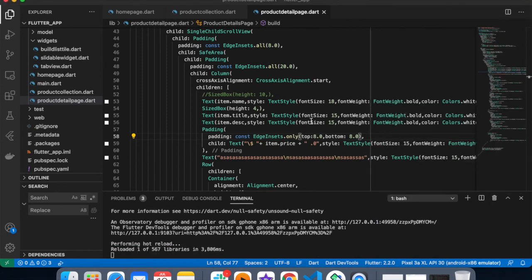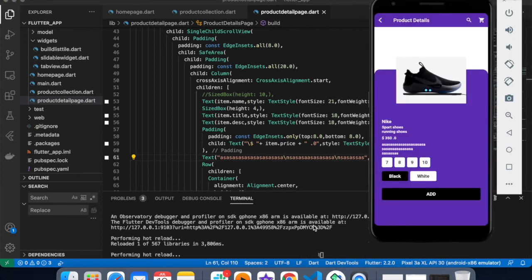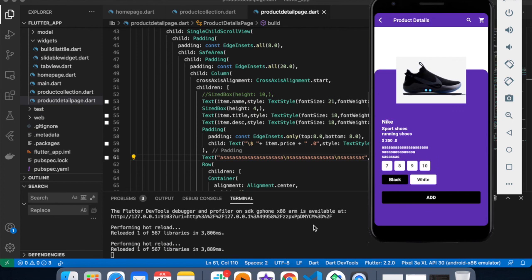Let's also increase the font size to make it more appealing. So I think it looks fine.